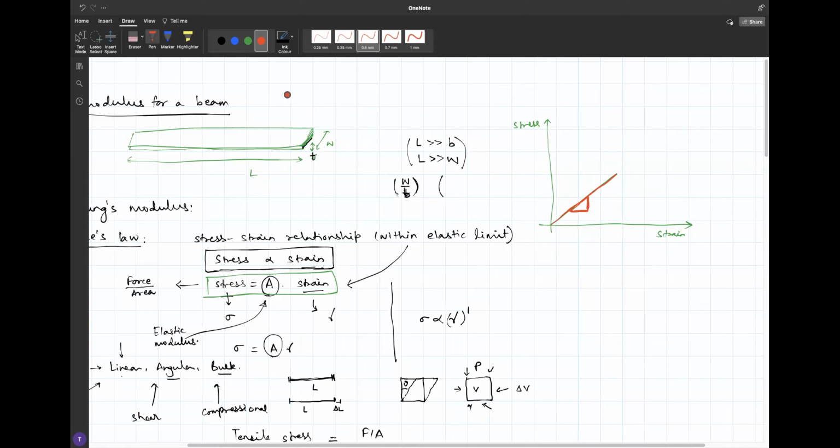Now, what happens in the experiment, if you want to be an experimentalist anytime and you like to do experiments, then you may notice that if I'm increasing the stress here, I go from this point to this point, let's say I go from A, I go to B, and then I go to C. I'm increasing the stress, and I'm measuring the corresponding strain. Now, what will happen if I'm decreasing the stress? So if I go from D to C, C to B, B to A, do I follow back the